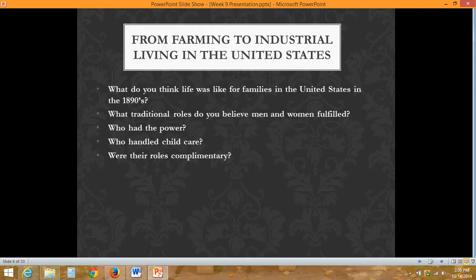And were these roles complementary? Did they all fit together, or was there problems within the roles? So we can look at that in terms of when we're looking at literature. So looking at Kate Chopin's time period and how she fits into it, we want to see, do traditional male and female roles have something to do with the way she writes? Thinking about the story that we read, The Story of an Hour, and how the main character, Mrs. Mallard, reacts to the idea that her husband has passed away. How does that relate to these traditional male and female roles that were very apparent during this time period?